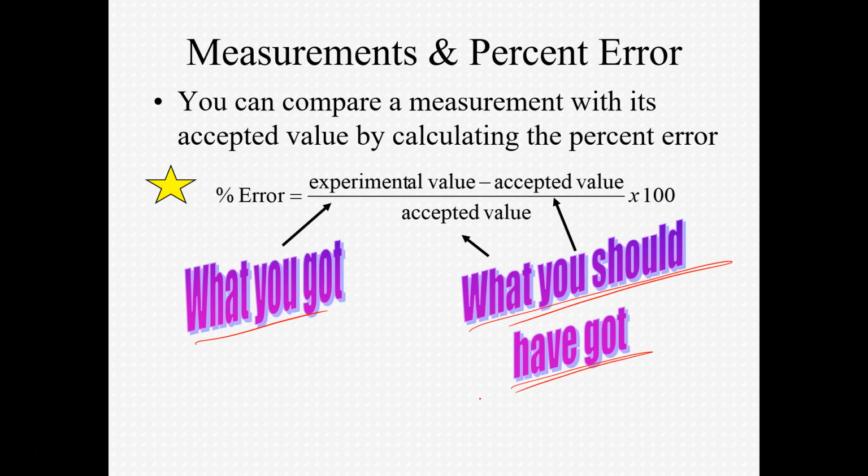So let's say we're measuring a beaker of water, and our measurement, so our experimental, I'm going to write as EXP, is we would say, oh, it has 52 milliliters of water in it. But in reality, we know that it has 50 milliliters of water in it. In order to calculate percent error, we would just plug those numbers into this formula, and we would get, oh, well, our percent error is 52 minus 50 divided by 50 times 100, and we would end up getting a percent error